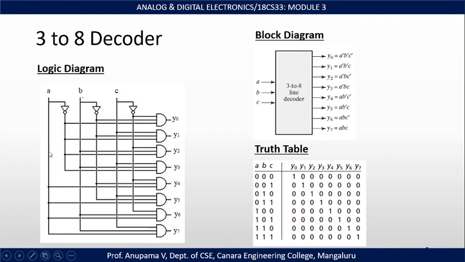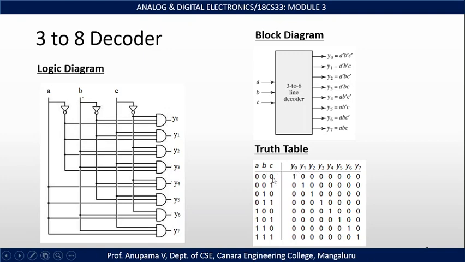This diagram indicates the logic diagram of 3 to 8 decoder. The 3 inverters provide the complement of the input, and each one of the 8 AND gates generate one of the minterms. Enable input is provided to activate decoded output based on the data input A, B, C. The table shows the truth table of 3 to 8 decoder. That is, when enable is set to 1, then depending on ABC value, one of the output is set to 1.